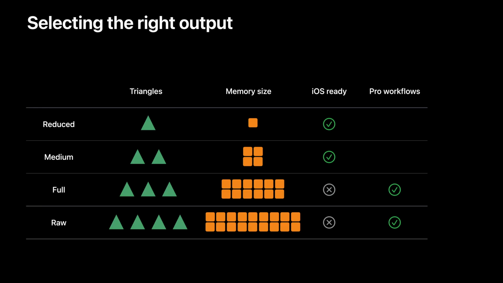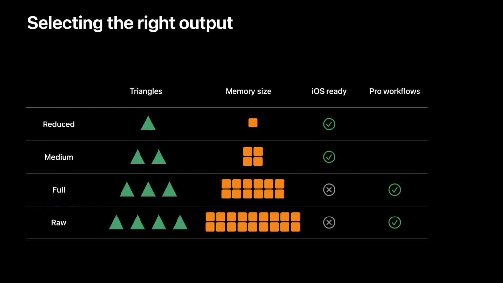That's it. The final step in the process is to copy those photos onto a Mac and process them using the Object Capture API. You can choose from 4 different detail levels, which are optimized for different use cases. The reduced and medium detail levels are optimized for use in web-based and mobile experiences, such as viewing 3D content in AR Quick Look. The reconstructed models for those detail levels have fewer triangles and material channels, thereby consuming less